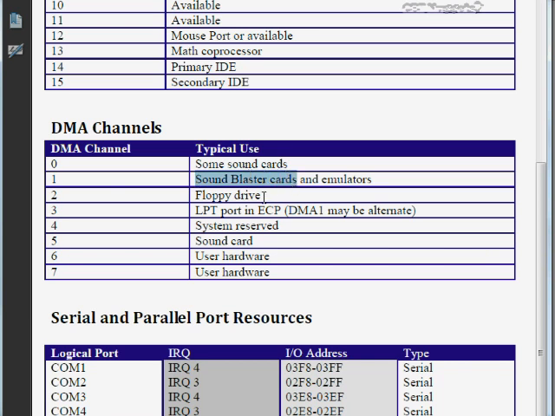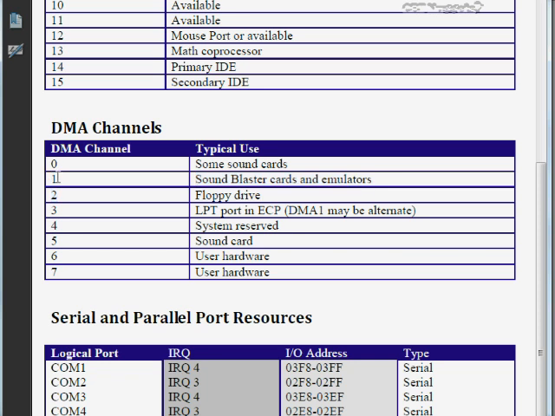Sound Blaster is made by Creative Labs, and you can see the products at creativelabs.com. And no, I don't get a kickback for recommending their website. I'm just pointing out that they're probably still the most commonly used ones, although there's other good brands out there as well. Now, the Sound Blaster cards kind of standardized on using